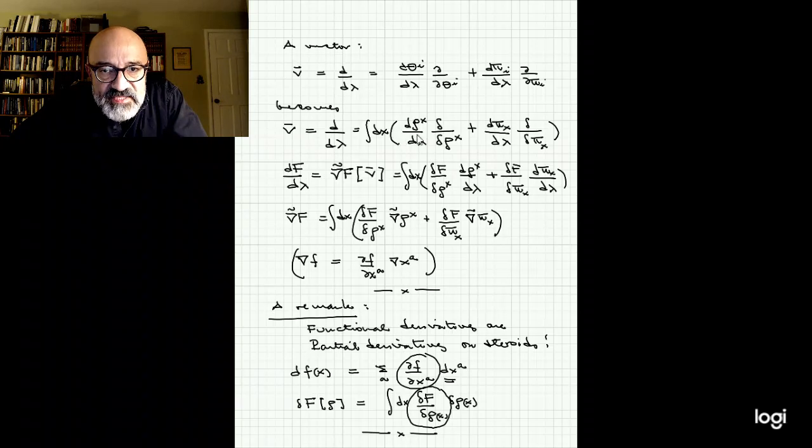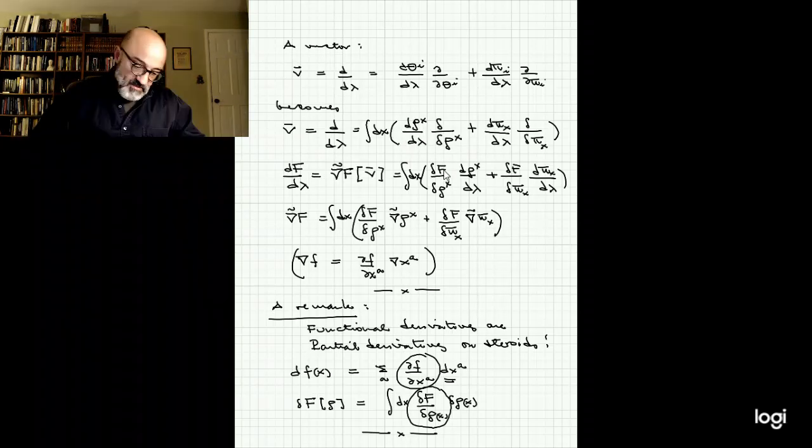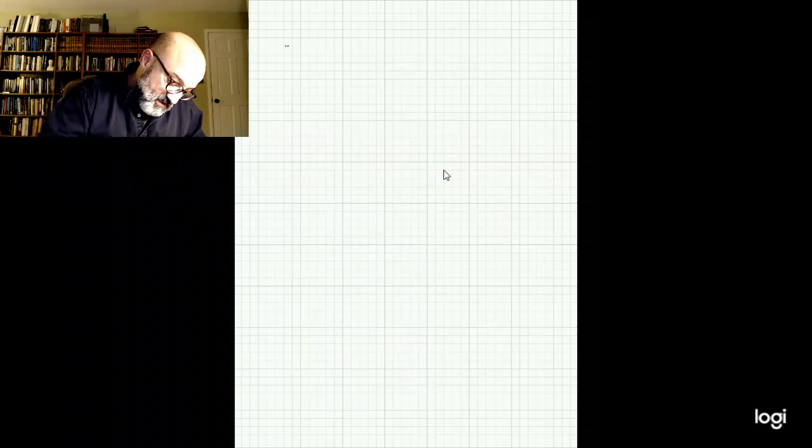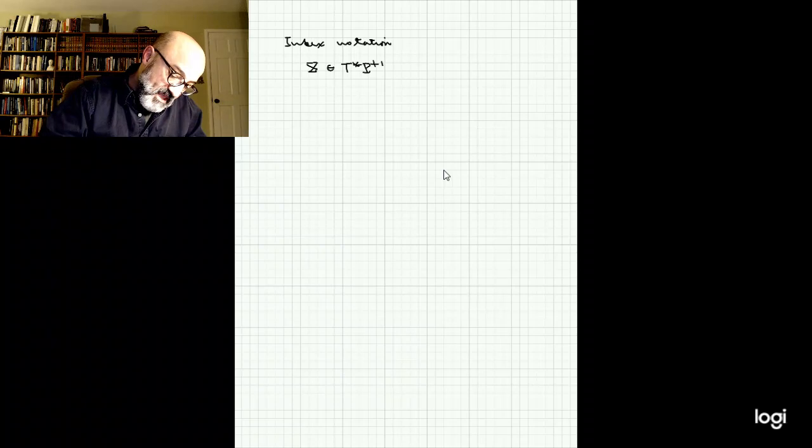It might be a much better idea to introduce an index notation. We're going to talk about a point x on the cotangent space, and we're going to assign indices to these guys,